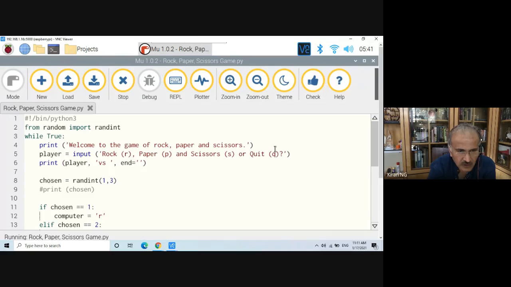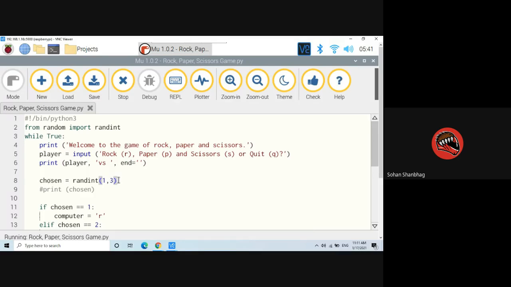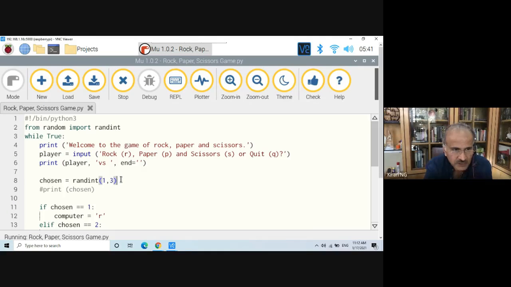Hold on. Now, Sohan, now if you just say what is that player? No, if chosen, where is that chosen? How did it go into chosen? It's not chosen, chosen is a random number. The player, it will go to the player, right? Yes, sir. But the player is not yet initialized when it comes for the first time. No, Sohan, how do you circumvent that problem? Uncle, if you just give while player is not equal to q, then first time when you come in, it will say variable not defined.